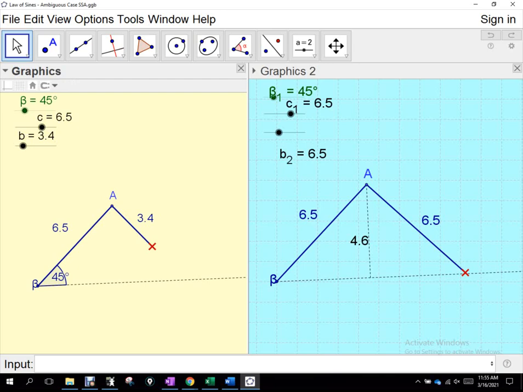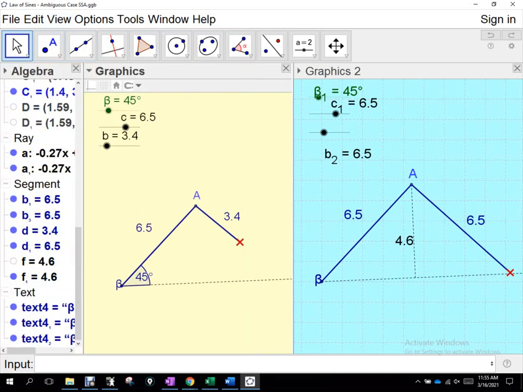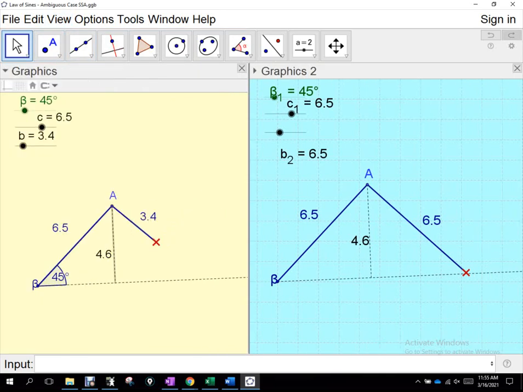And get it back. That segment right there: if this is the imaginary third side, this segment here is perpendicular to that imaginary third side. That's the altitude. So what has to happen is that this third side here has to be at least 4.6. Because if it's at least 4.6,